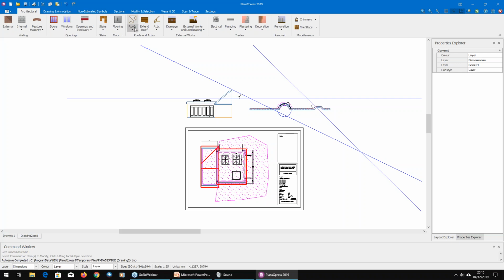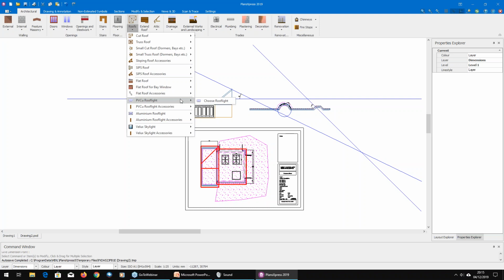New roof light tools. Under roof lights, you draw your flat roof as normal, and then you select a roof light of the dimension and style that you wish using the picker, and then you select the flat roof it's going into, place it. Nice and straightforward. The tool also has an impact on estimator in that there is no longer really use for the flat roof with roof light estimating calculator. It's just now a straightforward flat roof